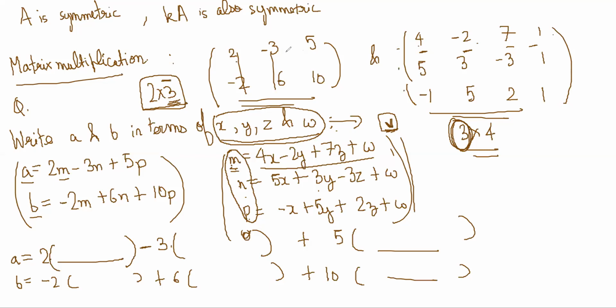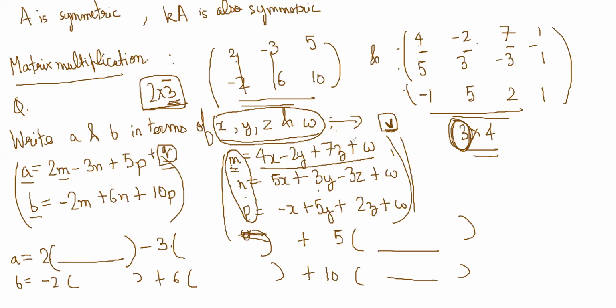Number of columns of this means, if there is one more column here, then A is in terms of one more variable, right? And that variable is no longer there, no? Oh, okay, that makes sense. If there is one more variable here, Q, and you have only 3 here, that means you don't have Q here. Then you cannot express Q in terms of X, Y, Z, W, right?